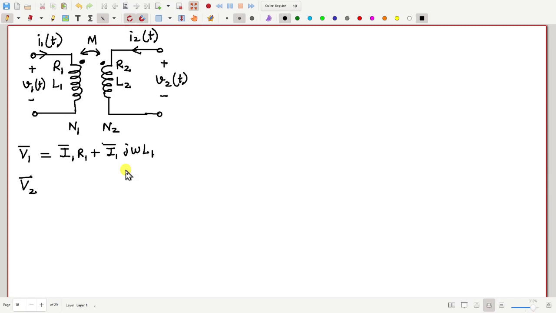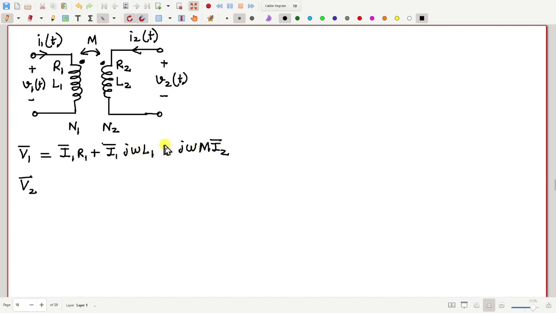There will be one more term due to the secondary current, due to the mutual inductance. So that will be j omega M multiplied by I2,